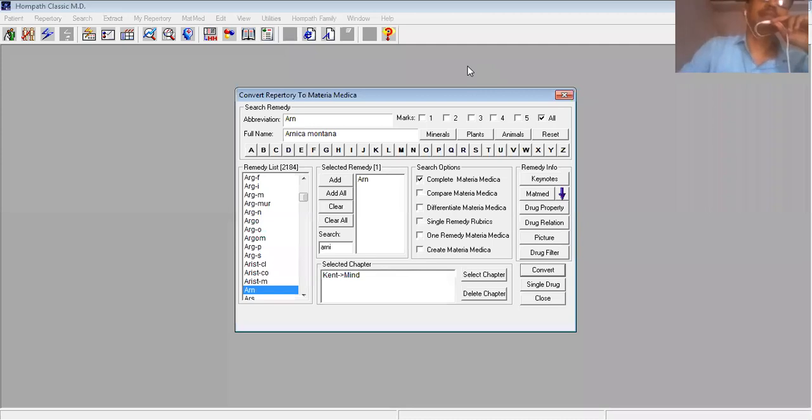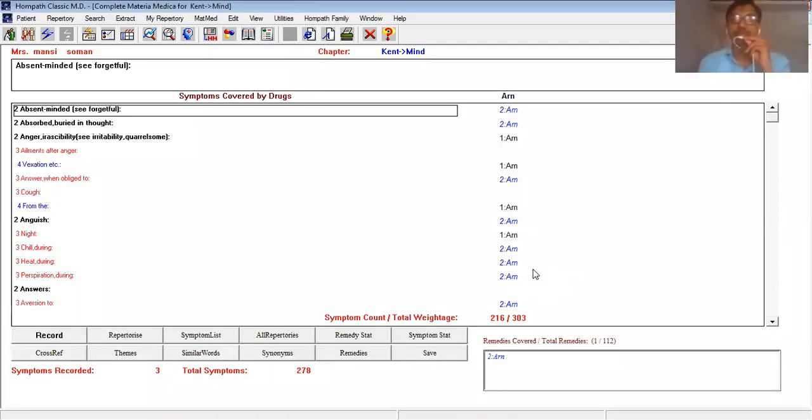In that extract function, there is one option, convert repertory to materia medica. I have first selected Kent's repertory, the mind chapter, and arnica. Now I will click on the search option, or the option convert, and within fractions of seconds, we will get all the mental symptoms of arnica from Kent's repertory mind chapter.